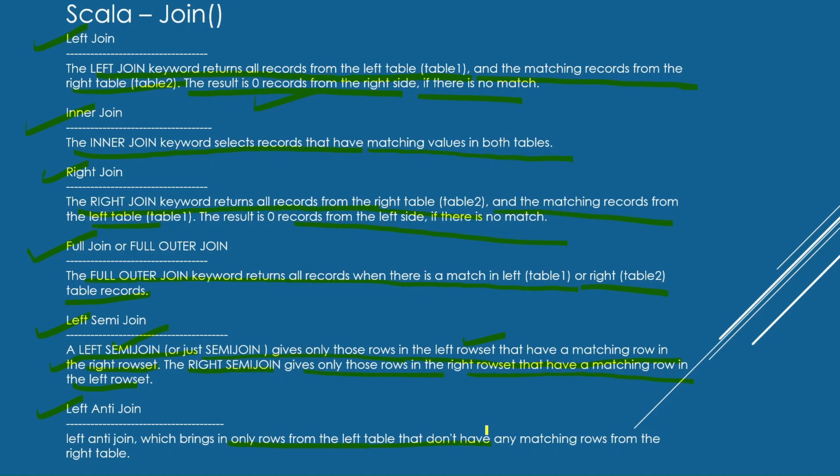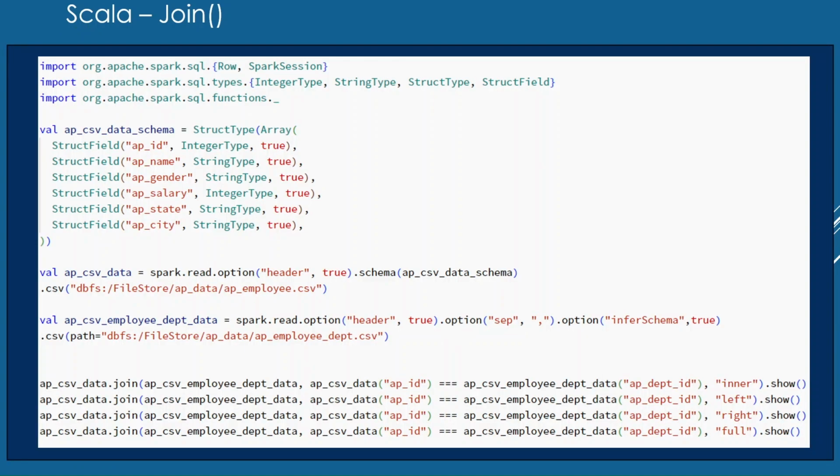I will show you the practical implementation of how it works in Databricks. In this exercise, I am importing all the required variables. I am creating a custom schema with the help of StructType and StructField. Here I am creating 6 columns and their data types with the help of StructField. This is the column name, this is the data type, this is the column name, this is the data type. In the same way, I have defined 6 columns and their data types.